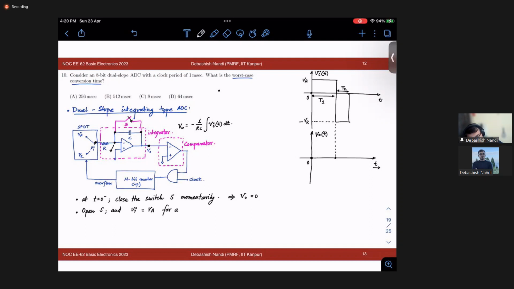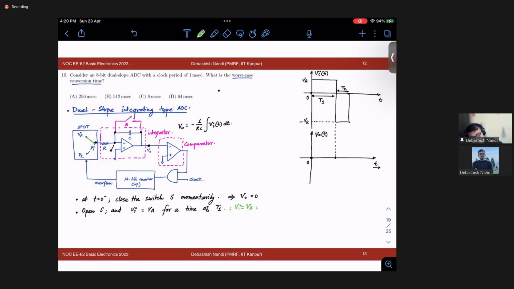VI equal to VA for a time of T1. Okay. So if this switch is now open, it will act just like a normal integrator circuit. Now, if you make this connection, VI equal to your VA,